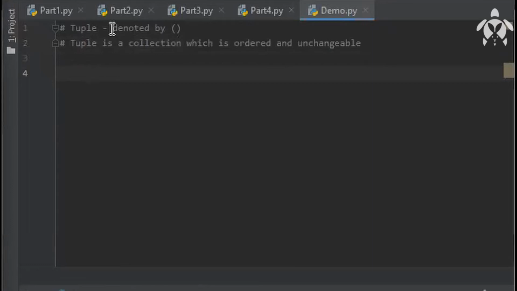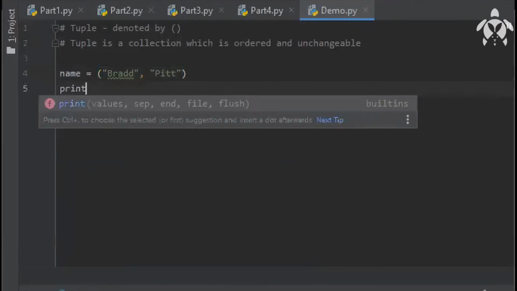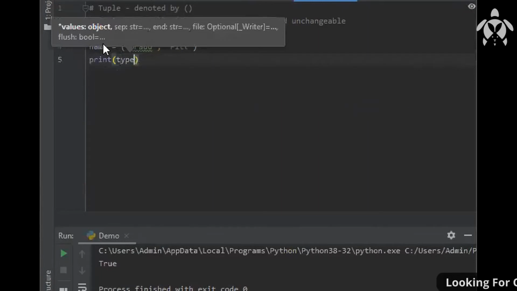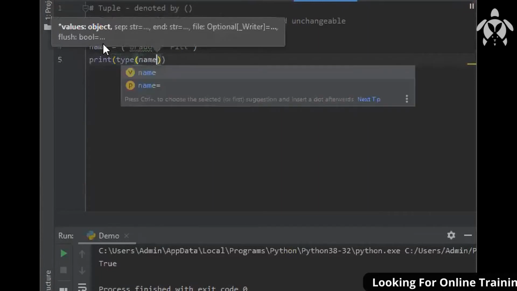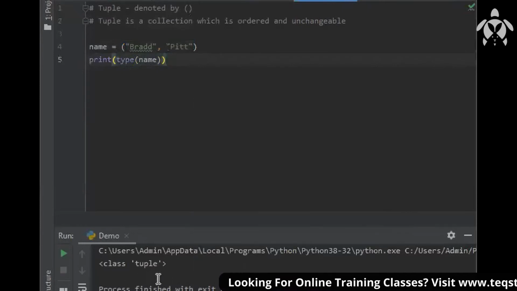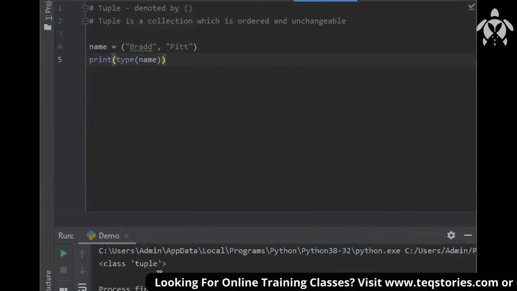Suppose I'm creating a variable name here, and I'm inserting in the round brackets bread and food. If I print this statement and print the type of the statement, first of all name. If you run this, you can see the class tuple is coming now.